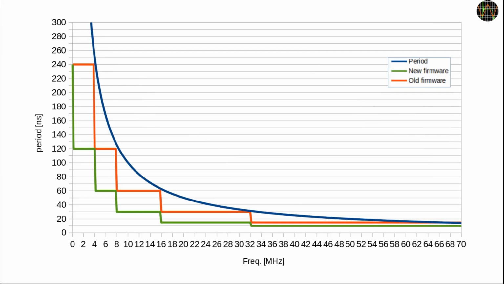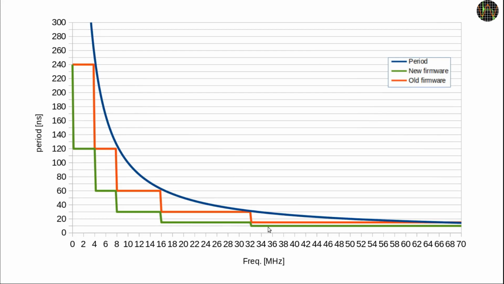In this graph I plotted in red the minimum period length for the different ranges as used in the old firmware. The actual period gets rather uncomfortably close at several points over the whole range. Therefore I decided to use higher prescaler values for the new firmware, which drops the minimum period length to the green plot, which stays well below the actual signal period.